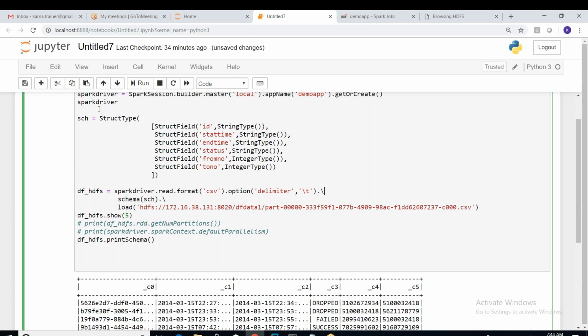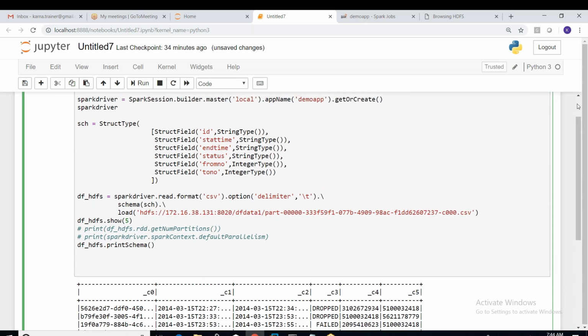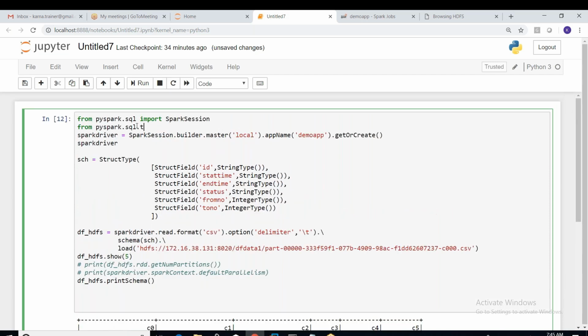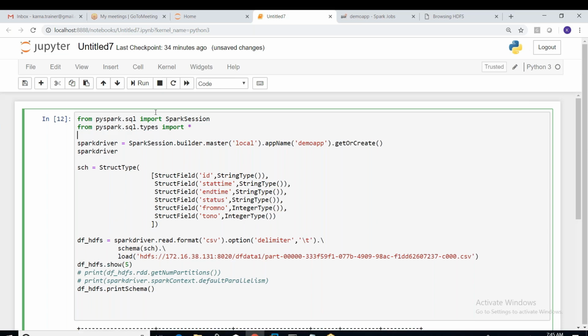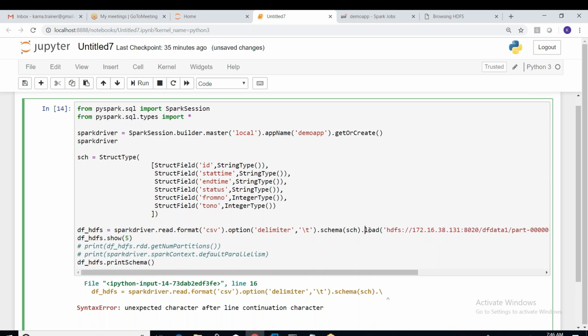Now we have to add what is called a module for these types. So for that, from pyspark.sql.types import. What are all the types we are importing, or we can just write star instead. Why? Because we are using data types, so we have to import the types from the SQL types module. So now we're attaching the schema and trying to print it. Let's see what happens now. Control enter.